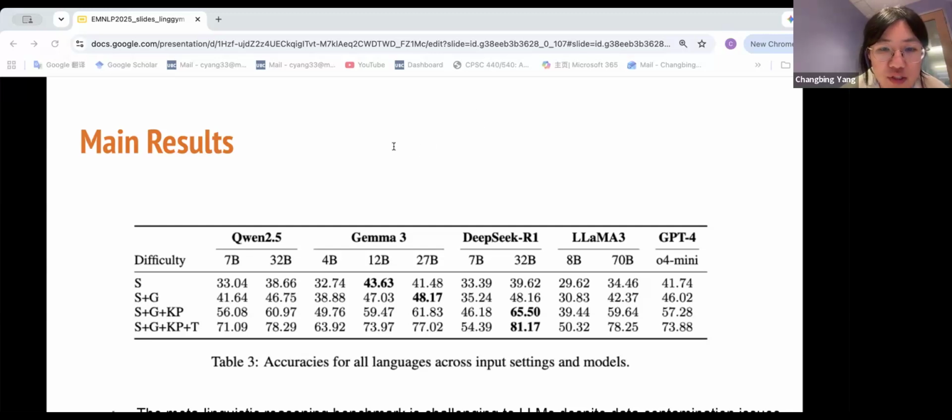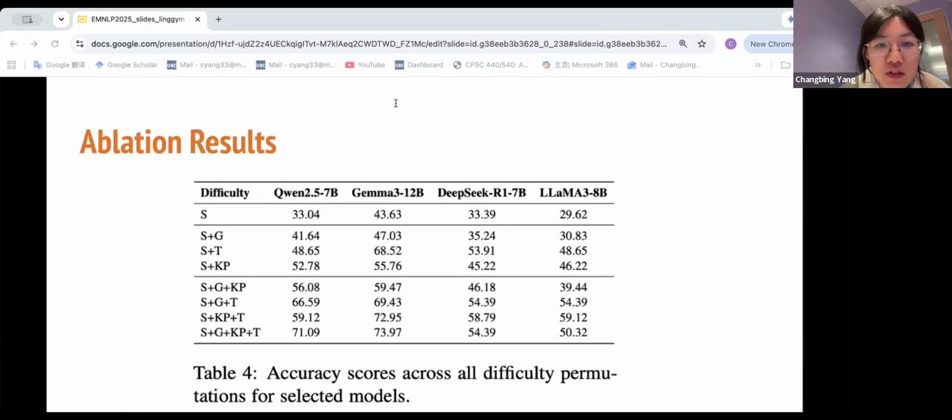And we also see that structural linguistic input, for example, when we feed in the gloss, rules, and translation, will improve the reasoning process for the model. You can see the model performance improvement as shown in those different settings. And to further validate the effect, we conduct a controlled experiment on selected models by testing LMs across all difficulty conditions. So our ablation study